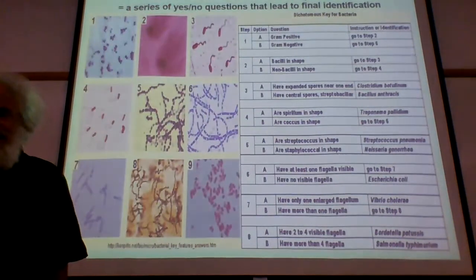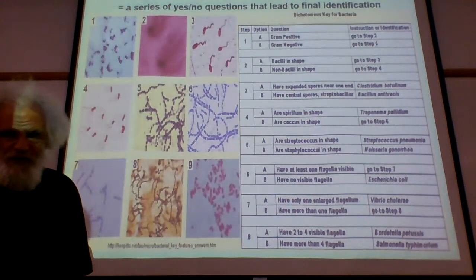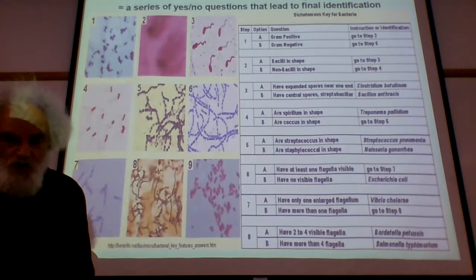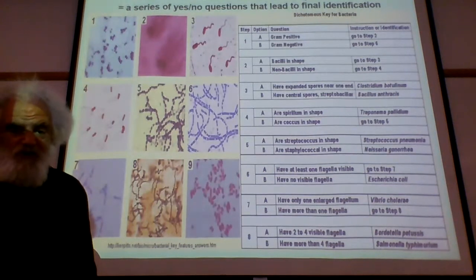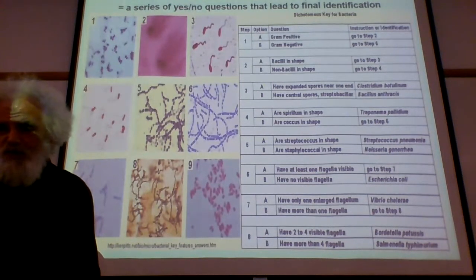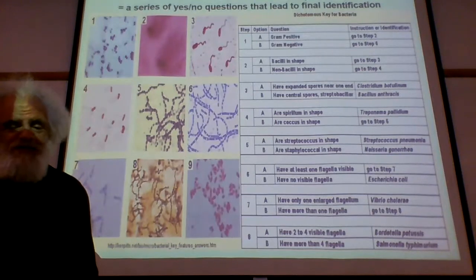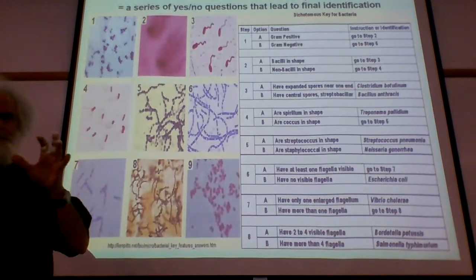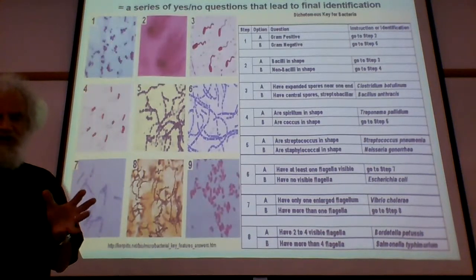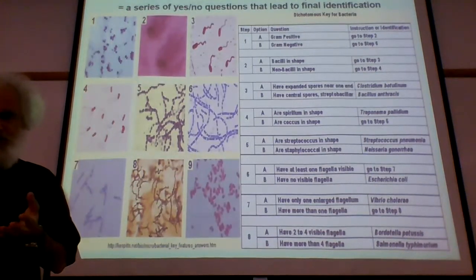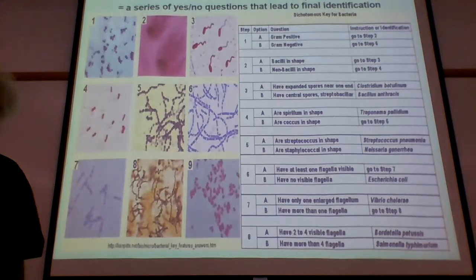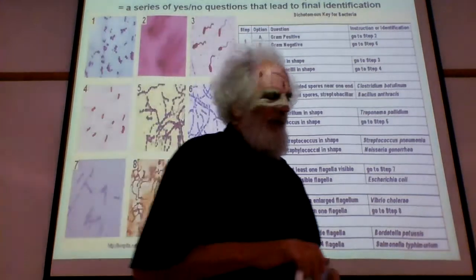So this is our ultimate goal for identifying individual bacteria using standard lab tools. And it is referred to as a dichotomous key. We can think of this as a whole list of questions, a series of yes-no questions that are going to lead you down a specific pathway. And it's a little bit like